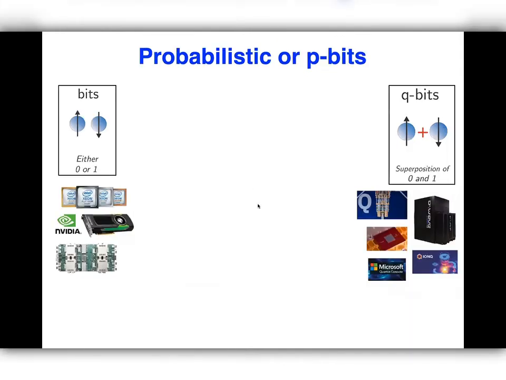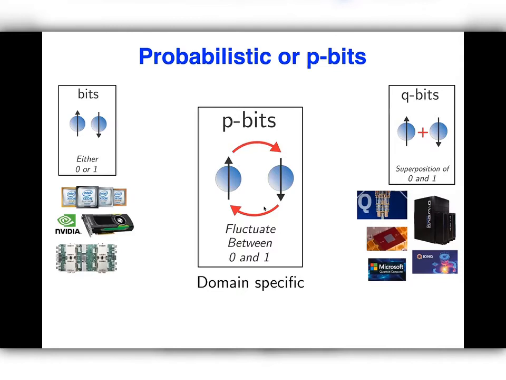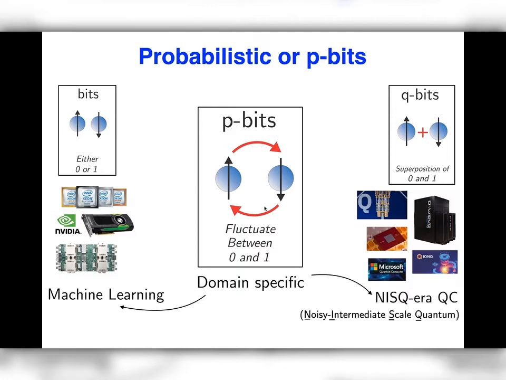Now, today I'll tell you a little bit about these p-bits, which are really in between bits and qubits, okay? They're not quantum mechanical or coherent, but they really are not like your deterministic bits either. They are these probabilistic objects which fluctuate between this logic 0 and logic 1. And p-bits also are domain specific, and they are very well connected to some of the machine learning models, especially statistical mechanics-based machine learning models, and they also share a wide application space with qubits, and especially the NISQ era quantum computers are really all about applications that can be targeted by p-bits as well.